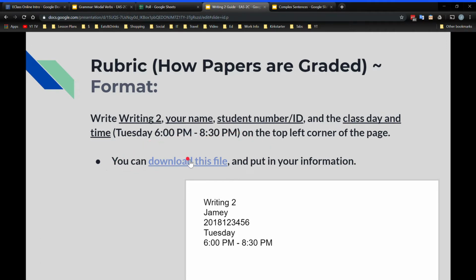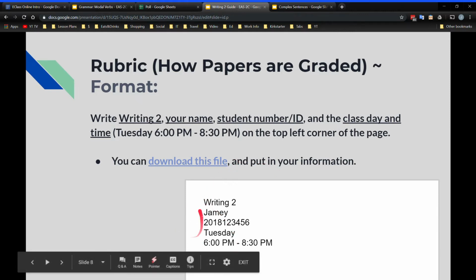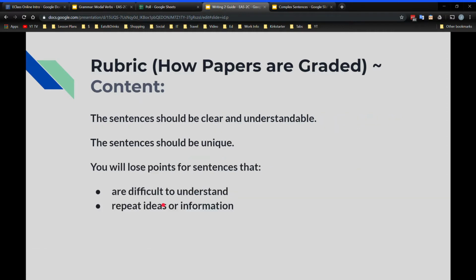And remember, you can go to eClass and download this PPT, and then you can click on this little link here, and then you can download the Word document. Just remember that you have to change your information. Don't use my information, right? Because if you give me a paper with my name, your name, you'll lose points. And next,